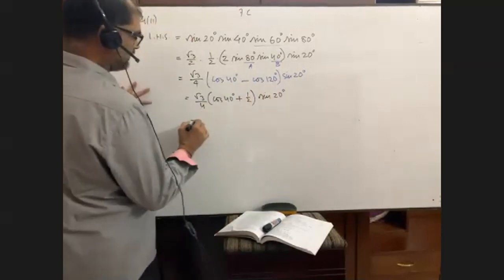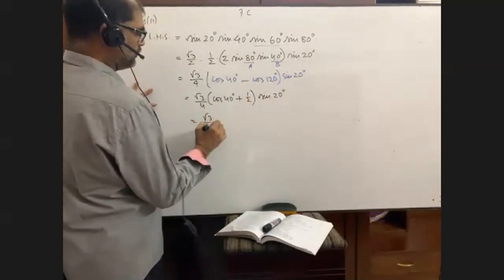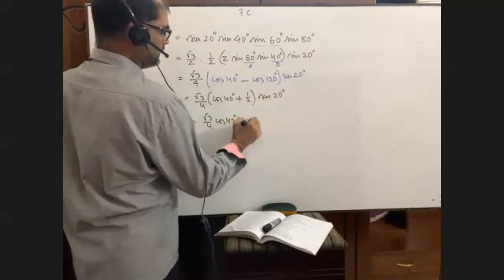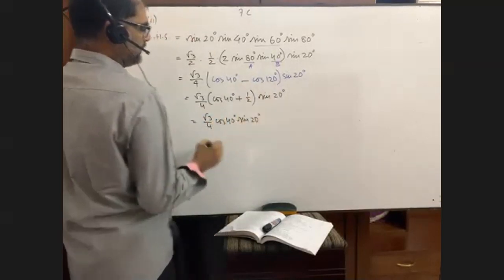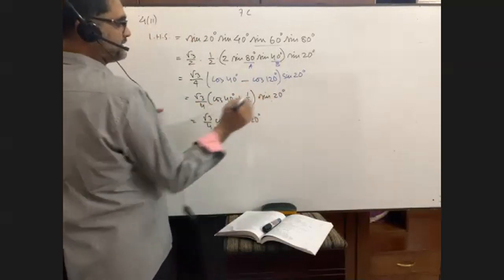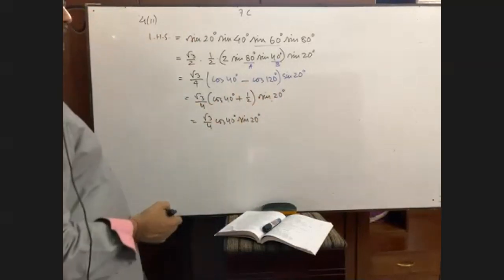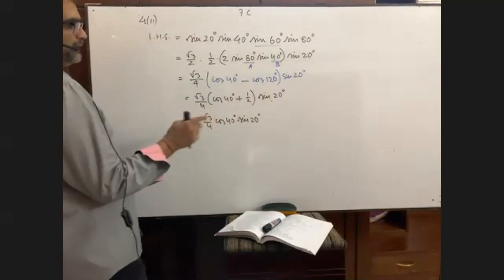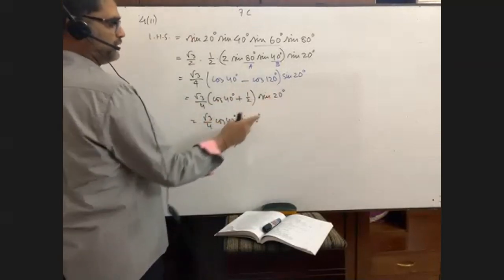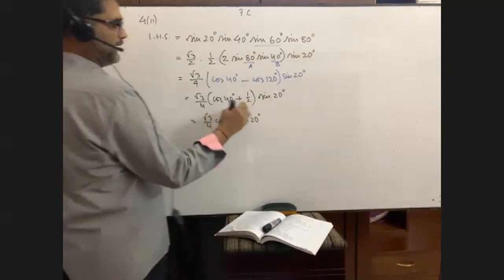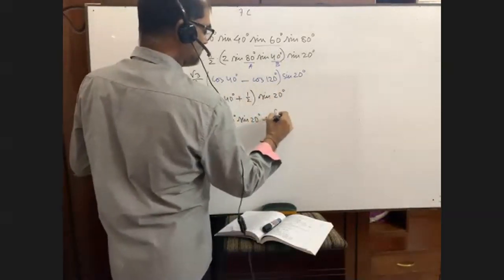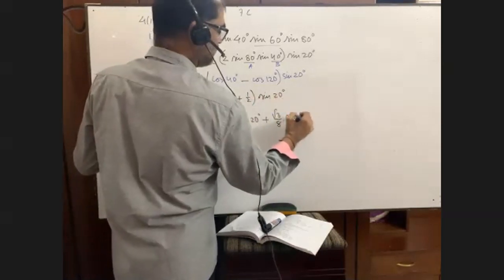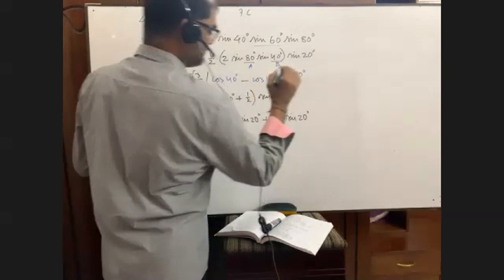Okay, we multiply root 3 by 4 cos 40 degree into sine 20 degree. I mean, these and these have been multiplied. If we multiply this and this, then sine 20 will be put. Then root 3 by 8 plus root 3 by 8, only sine 20 degree will be there. You see, please pay attention.